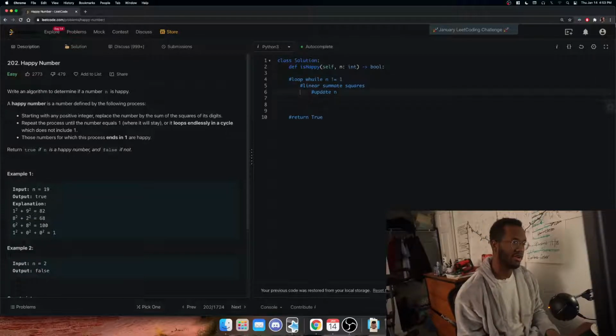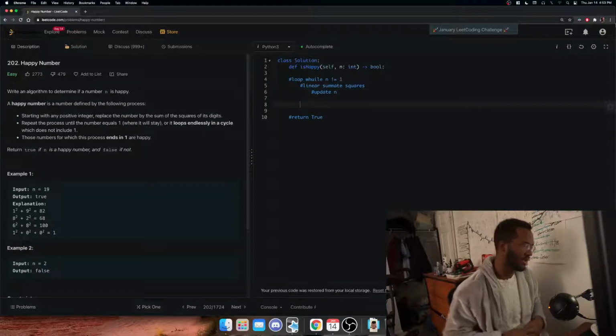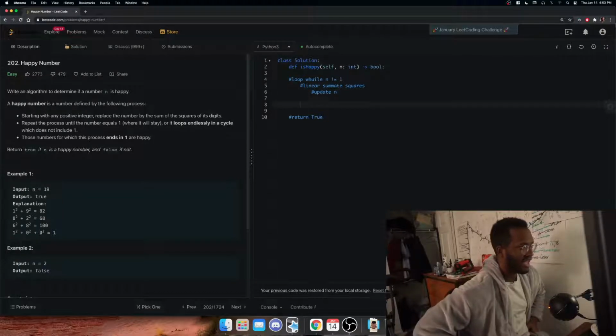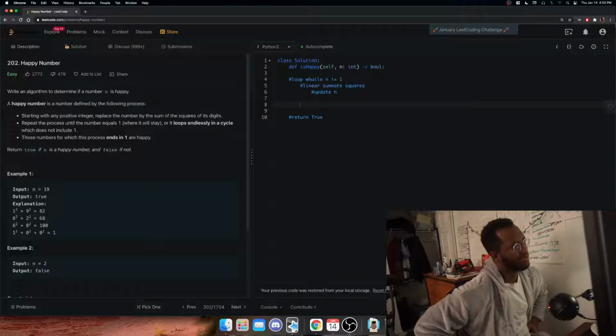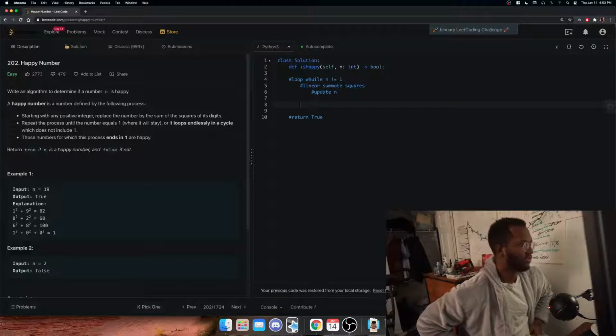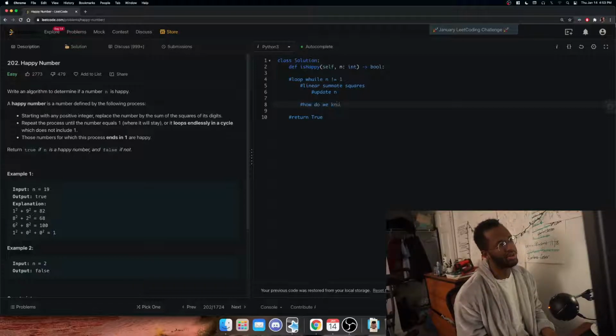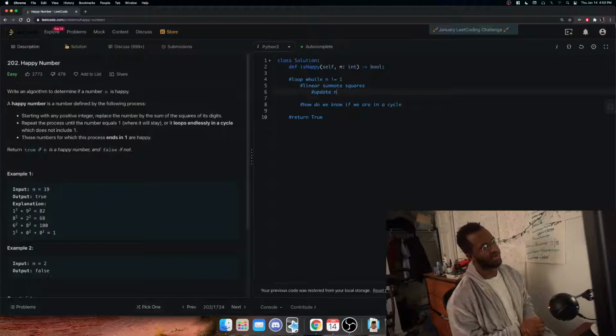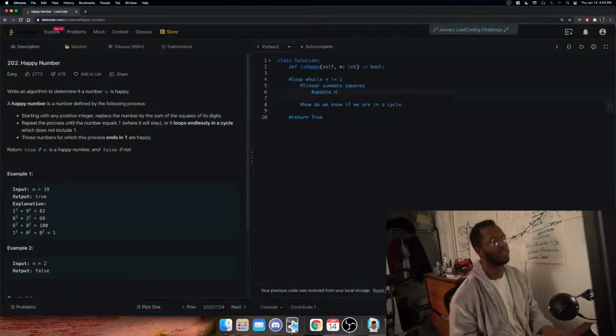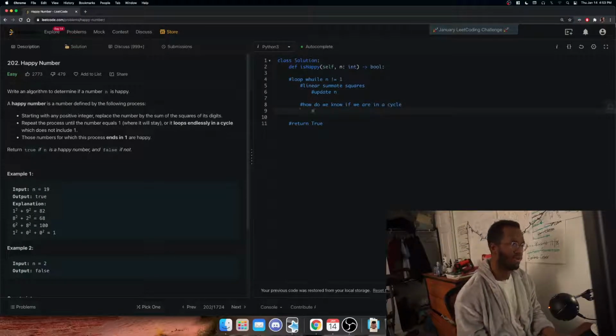Because it means that we stopped because n was equal to 1. And in here, what you realize is the second caveat of the problem. Repeat the process until the number equals 1, where it will stay, or it loops endlessly in a cycle which does not include 1. So how do we know if we are in a cycle? So let's flesh this out. If we want to know if we're in a cycle, how could we do that? Well, we could